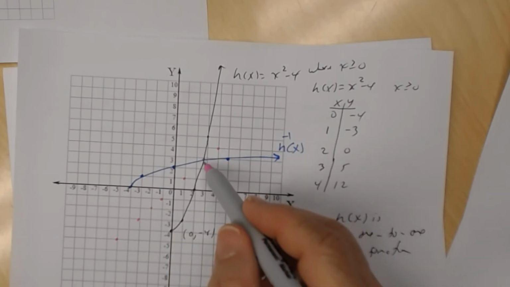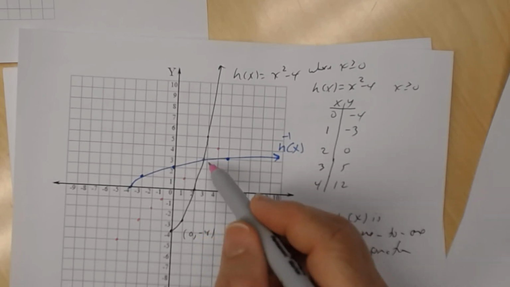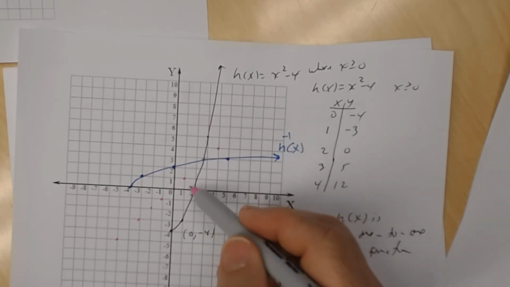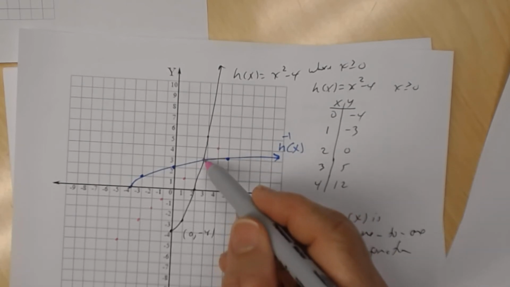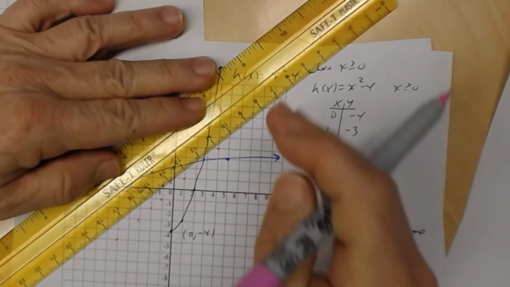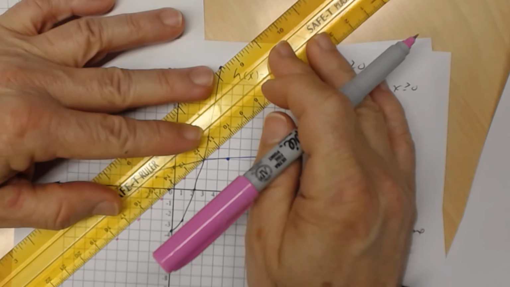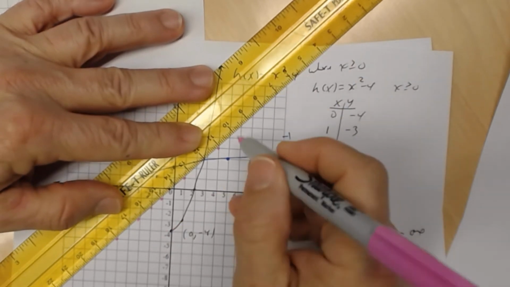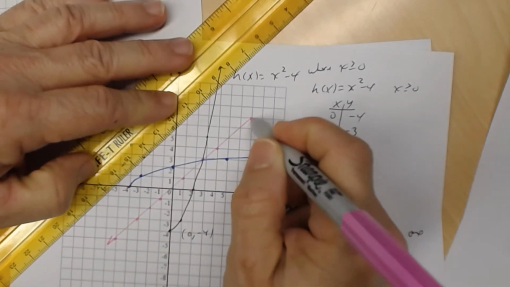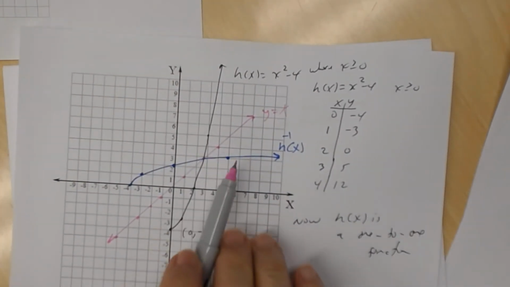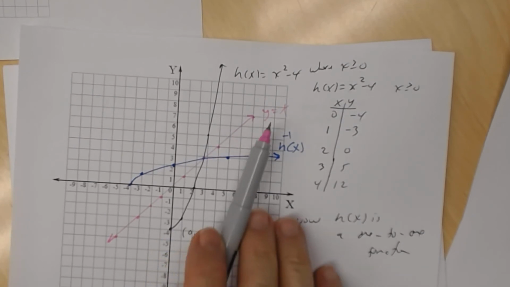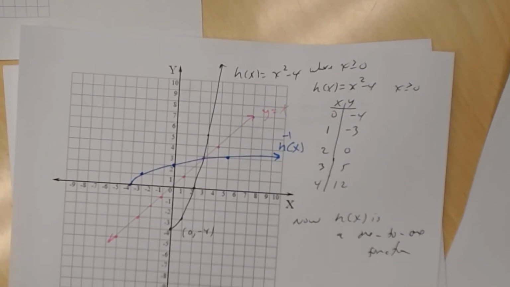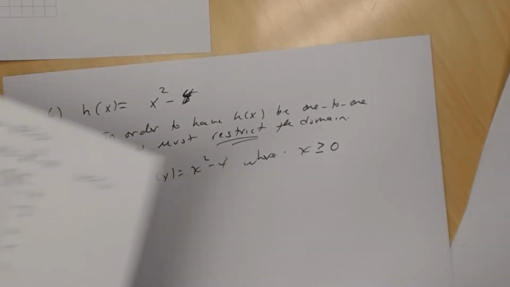And remember, the point where the inverse and the function intersect, the x and y's are also going to be the same. So the line y equals x will go through that as well. And so we get this. Notice that those two functions are the inverse of each other. They're symmetrical about the line y equal x. Okay? So let's go back now and find this algebraically,